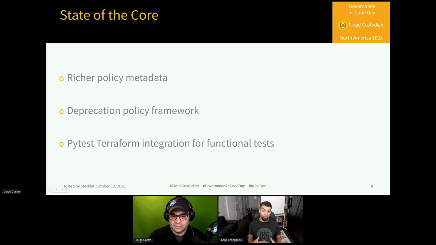The other key thing that we accomplished over the last year is getting really high quality functional testing done on a nightly basis across the 3 main cloud providers that Custodian supports. To do that, we created a project called PyTest Terraform. It's also available within the Cloud Custodian GitHub organization, and I think it's usable independently from Cloud Custodian itself. It's really just tight integration with the PyTest testing framework, which Custodian uses to enable provisioning resources and infrastructure in the different cloud providers, and then validating that Custodian policies effectively find, detect, and remediate appropriately.